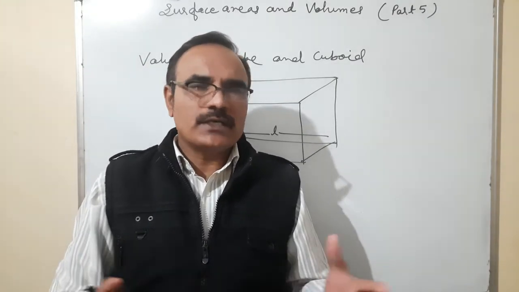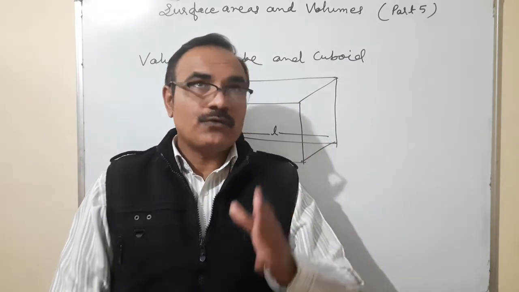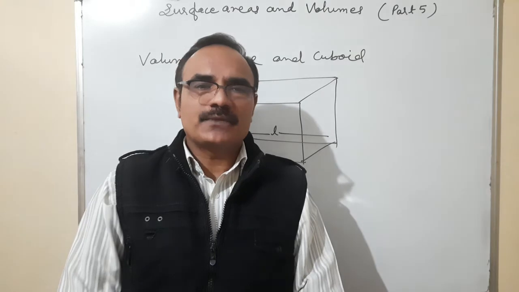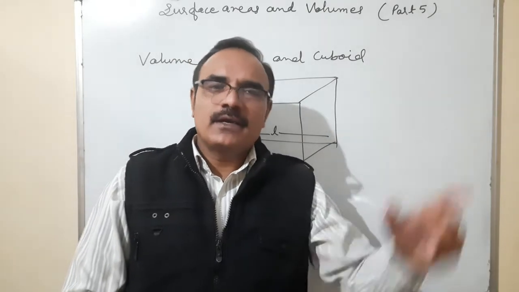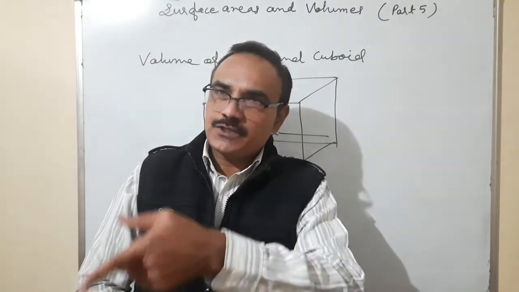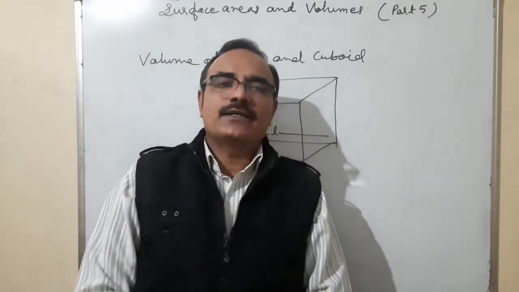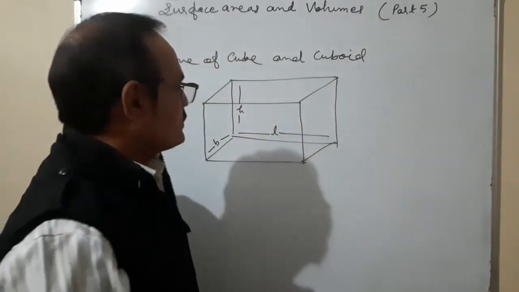Generally the room is in the shape of a cuboid or cube. So when we are going to find the volume of this room, how do we find it? Area of base multiplied by height. Area of base, area of rectangle, length into breadth, which is multiplied by the height, then you get the volume: length into breadth into height. So this is the simple funda for that.